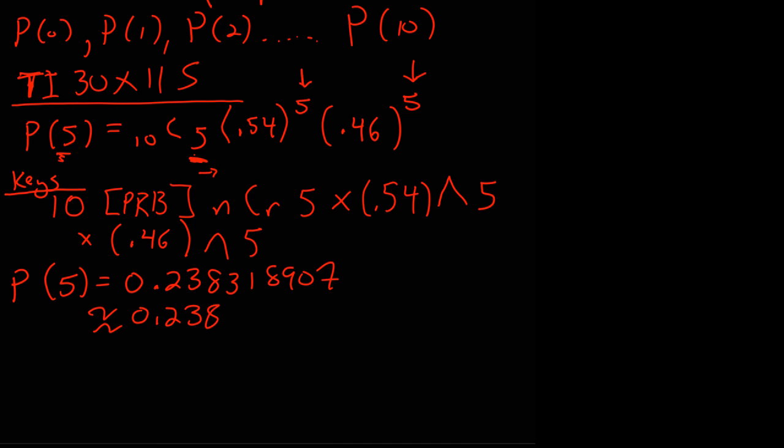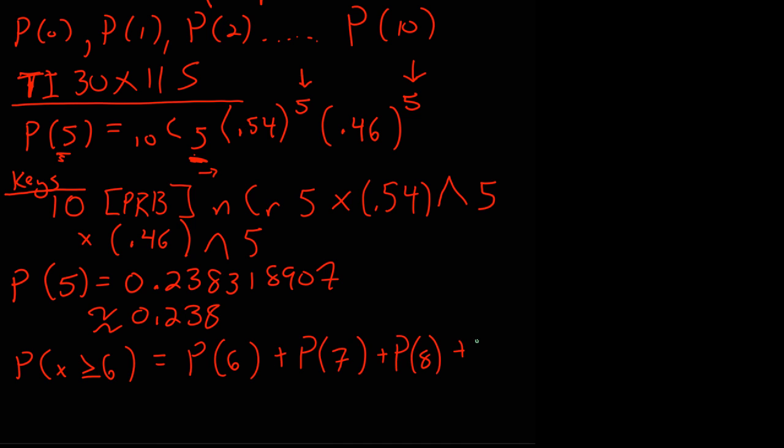Now, the second question says that we want at least 6. And so the probability of x being at least 6 means I have to be greater than or equal to 6. Well, that is the sum of the probabilities of 6 plus the probability of 7 plus the probability of 8 plus the probability of 9 plus the probability of 10. And so I have to complete this